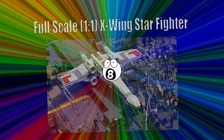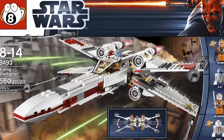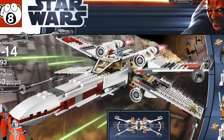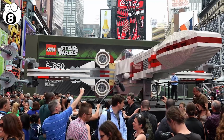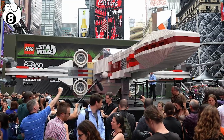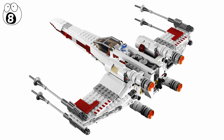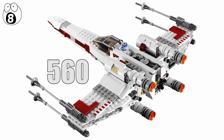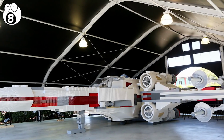Number 8. Full-scale 1-to-1 X-Wing Starfighter. Who doesn't have a Lego Star Wars X-Wing Starfighter? Well, you definitely don't have this one. Lego decided to create a full-scale version of its regular X-Wing model in 2013 for a display in Times Square, New York. The commercial model set contains about 560 pieces of Lego, while the 1-to-1 full-scale version used